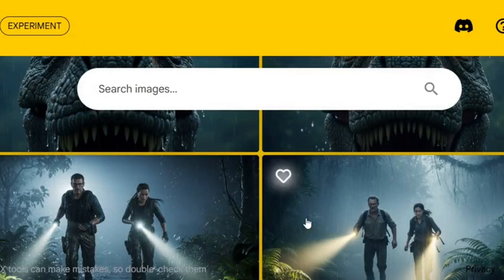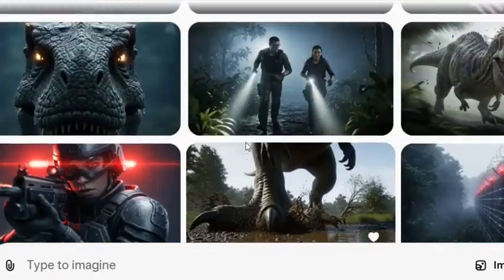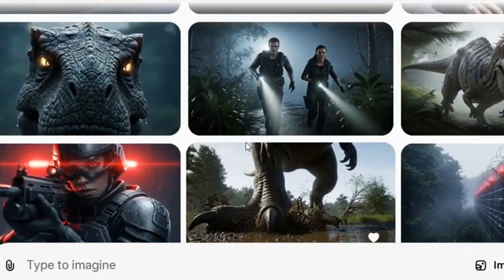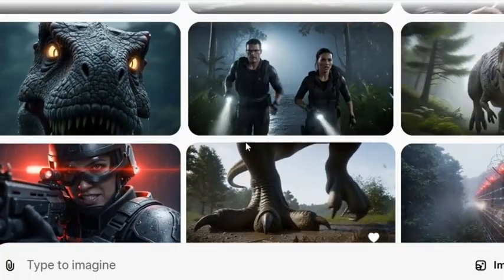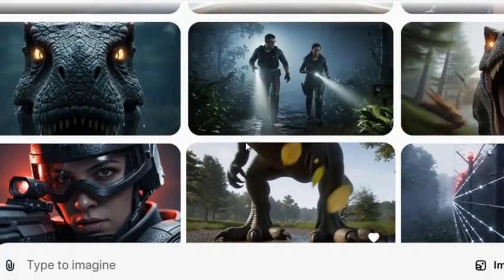Now, after you have successfully generated all the image to video prompts using the images you get from that website, the next thing you are going to do is to head over to any of your video editing tools. You can use CapCut or any editing tool.